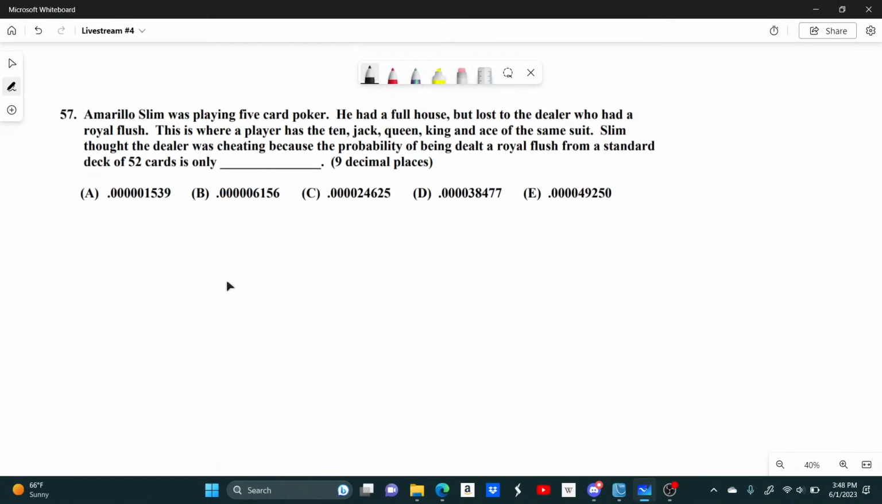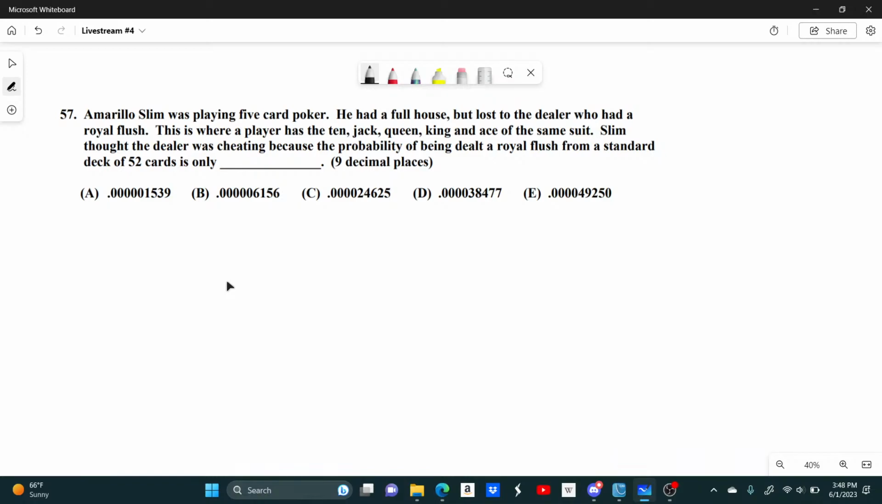All right. Amarillo Slim was playing 5-card poker. That's an interesting name. He had a full house, but lost to the dealer who had a royal flush. This is where a player has the 10, Jack, Queen, King, and Ace of the same suit. Slim thought the dealer was cheating because the probability of being dealt a royal flush from a standard deck of